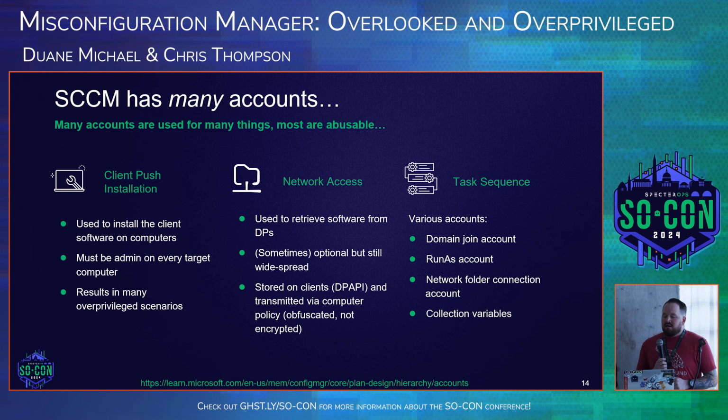And then here we mentioned task sequence because task sequences, as the name implies, are a sequence of steps that you can run on an SCCM client. There's lots of different accounts that are used in that process. One of them is called a domain join account, which is used when you boot an operating system during a task sequence and you want to join that new computer to the domain. There's a run as account, which is used to run in a different context. Network folder connection account, and there's 29 different